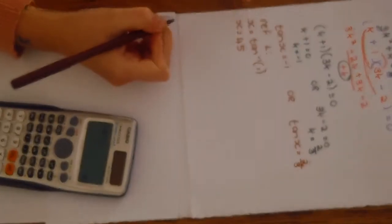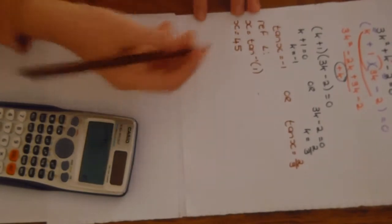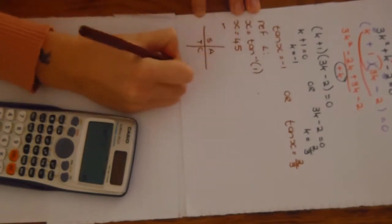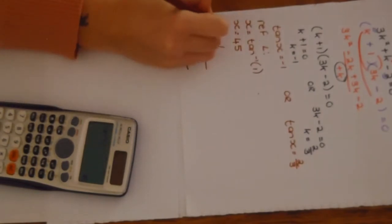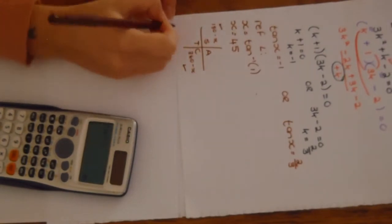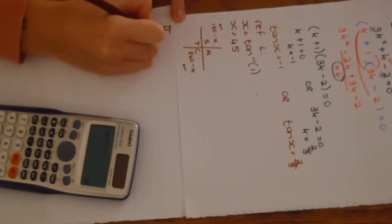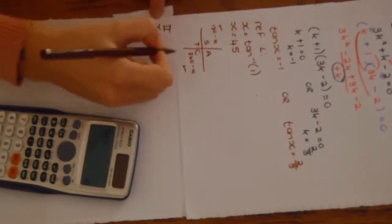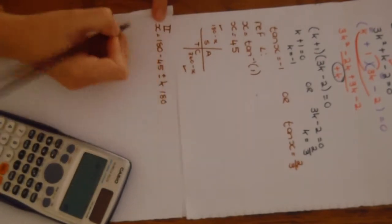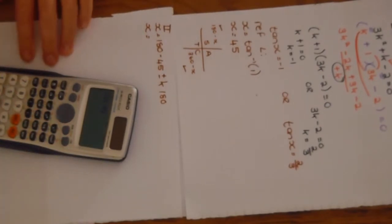Remember, you need to figure out in which quadrant tan is negative. I'm just going to draw it here. Tan is negative in 2 and 4. So this is 180 minus x, and this is 360 minus x. For our second quadrant, x equals 180 minus your reference angle, which is 45, plus minus k 180. So x is equal to 180 minus 45, which is 135,